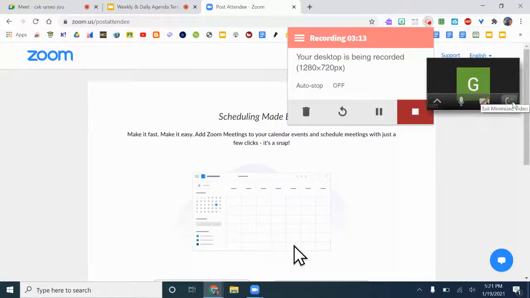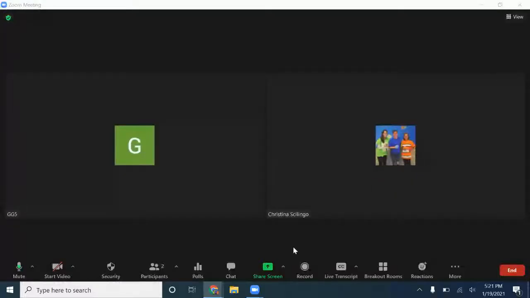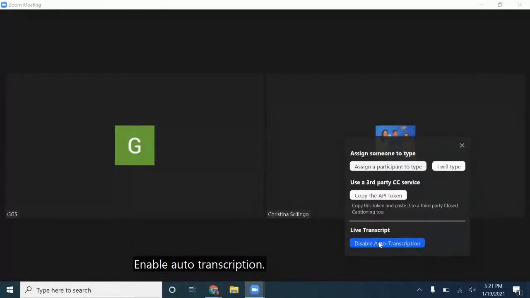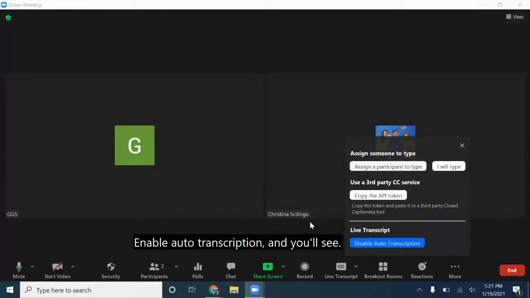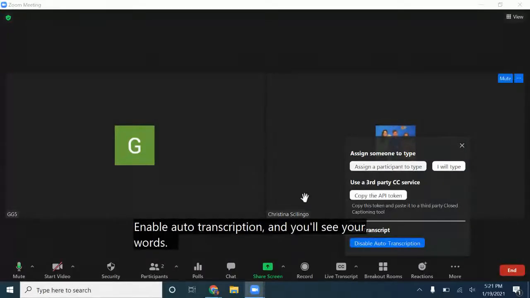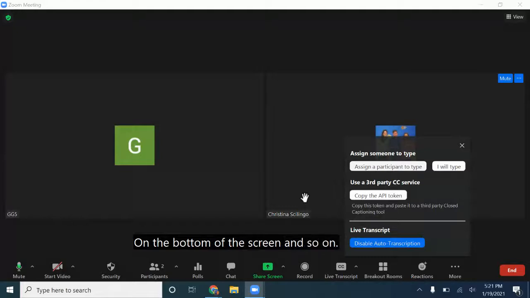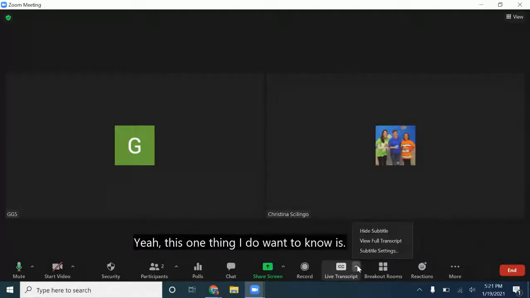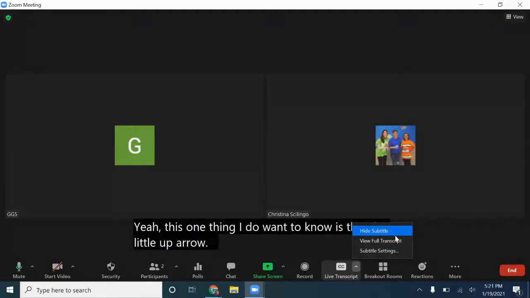So once you've done that in your settings and you're in a Zoom with your students, you'll notice this live transcript button that you can click, and you're going to click Enable Auto Transcription, and you'll see your words start to pop up on the bottom of the screen, and so will students. They don't have to click anything, just you. One thing I do want to note is that this little up arrow, you can hide the subtitle,